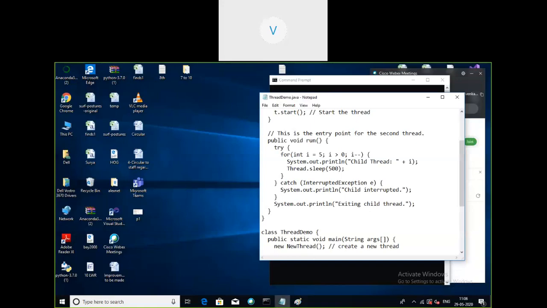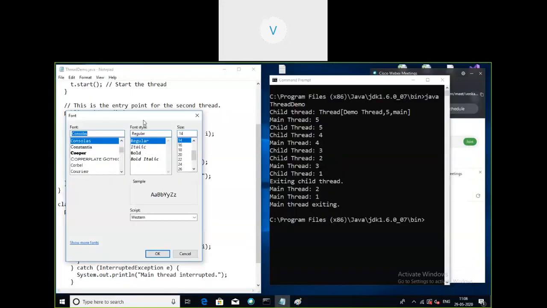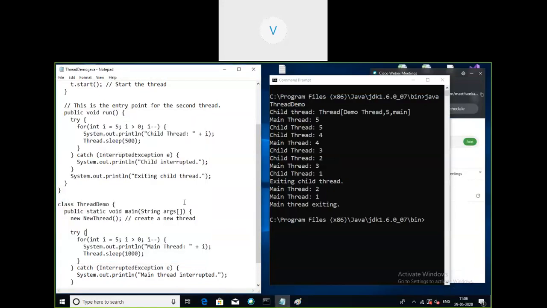Format and go to font. I'll try to make it 12. System has hanged, I think. It is not taking input.